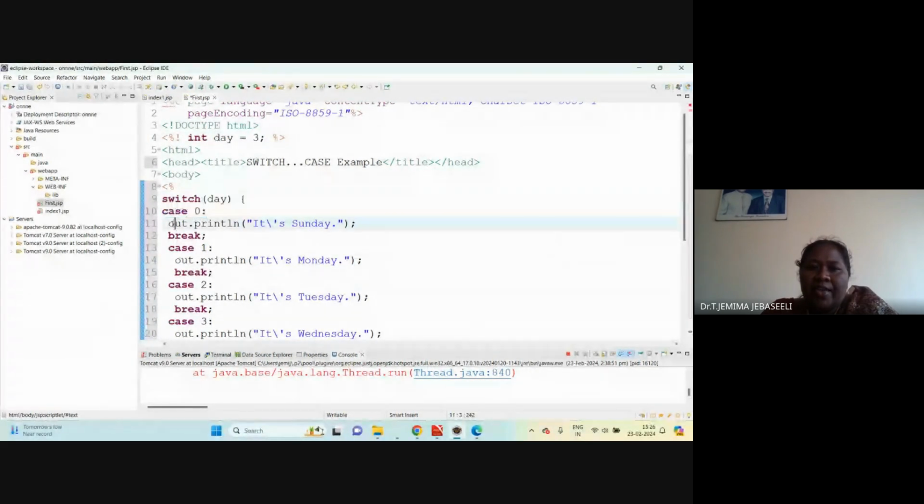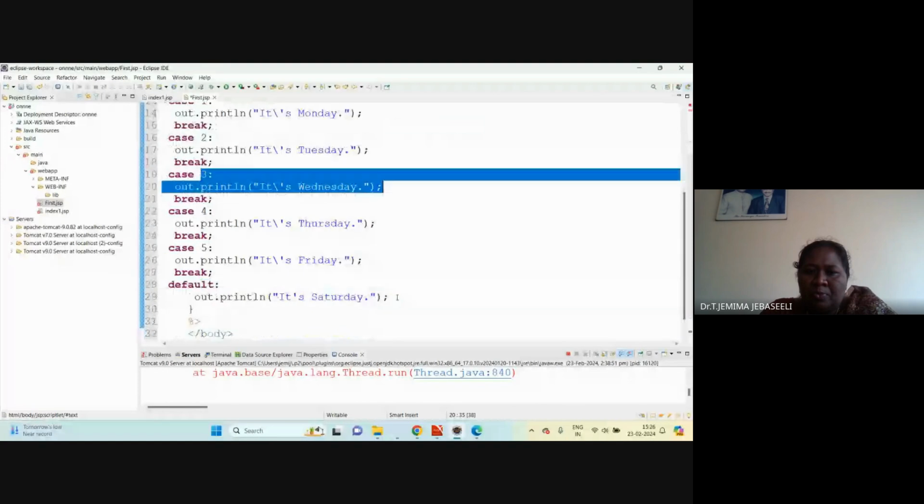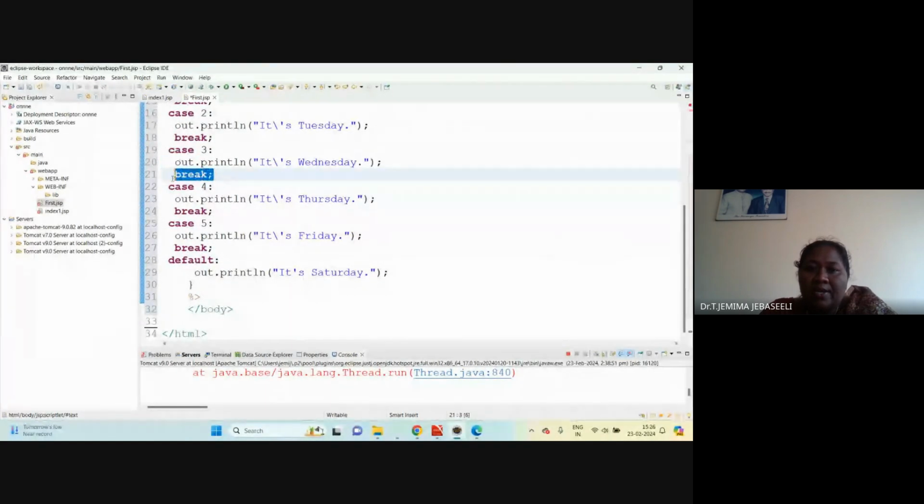So 3 means, in the case statement we write case 1 or 2 or 3, or from 0 onwards, you can write maybe a number, maybe 0. Here, as per the program, this is 3 and it is supposed to print Wednesday. For at least one case to be executed, you give a break statement, then the default case, and finally close it. So out.println, wherever there is a need of printing